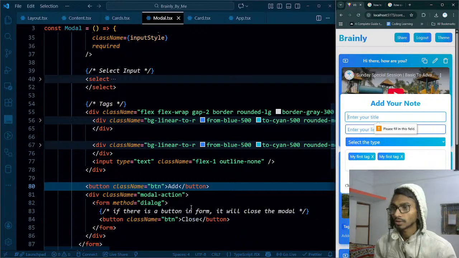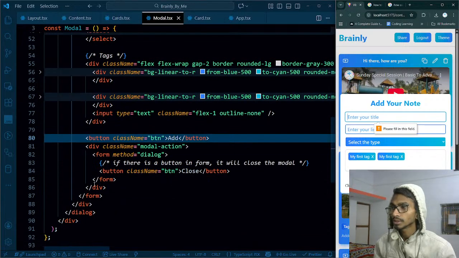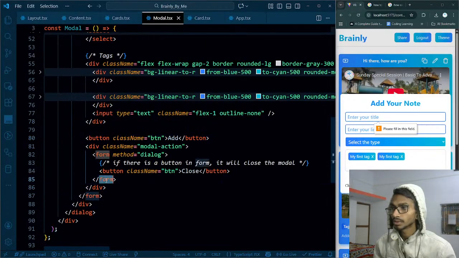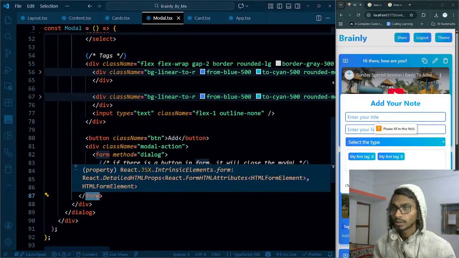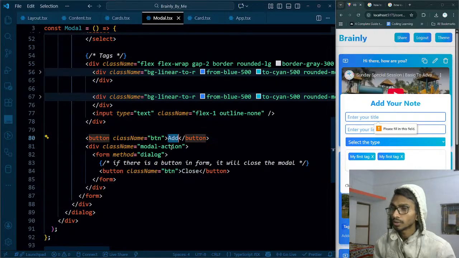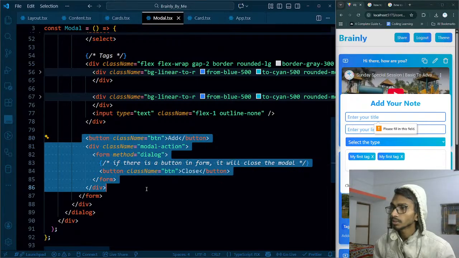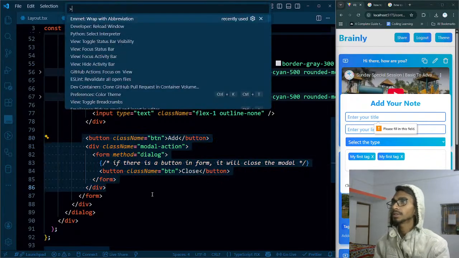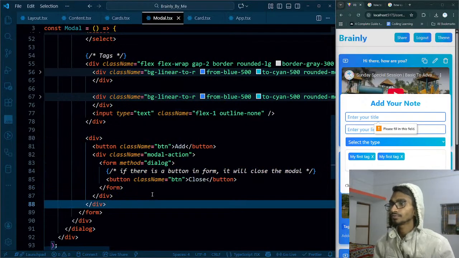Inside this, if I click on that, the modal will just disappear, but I will have to change this form to a div, because then it will not be able to trigger this particular form submission. So which one is the better way? This is here, it will be able to trigger the on submit event. Let's keep it here. Let's keep both of them inside a div and then see what happens at the end of the day. Wrap them inside a div and